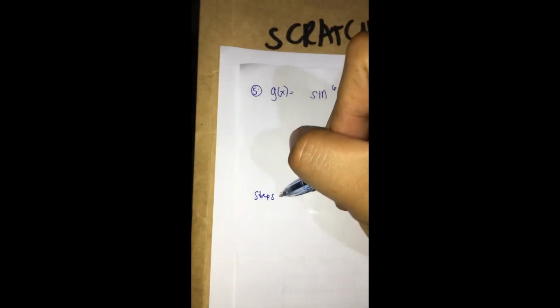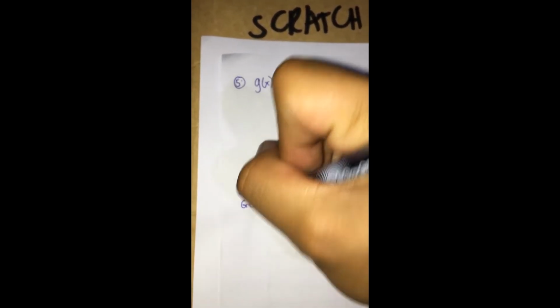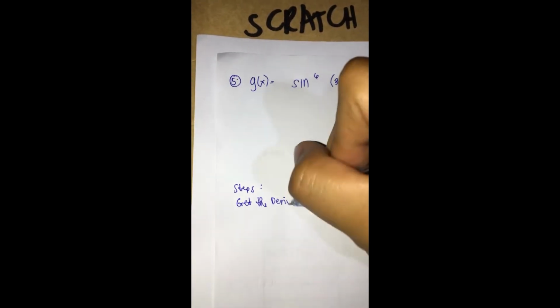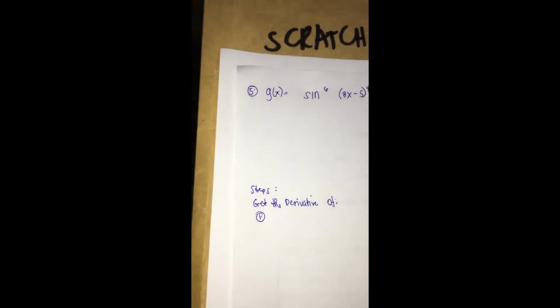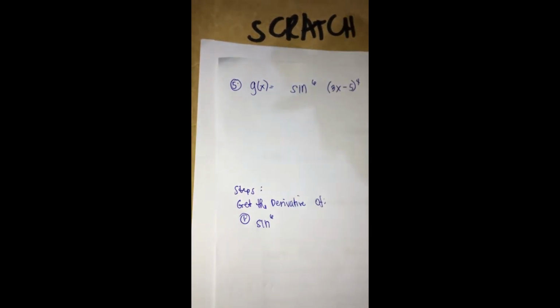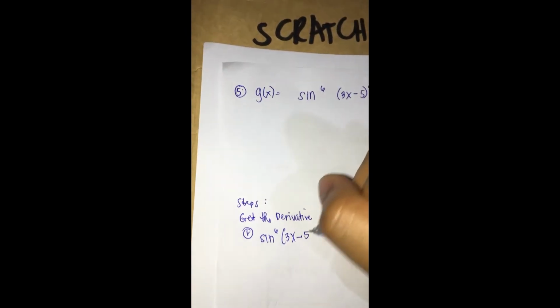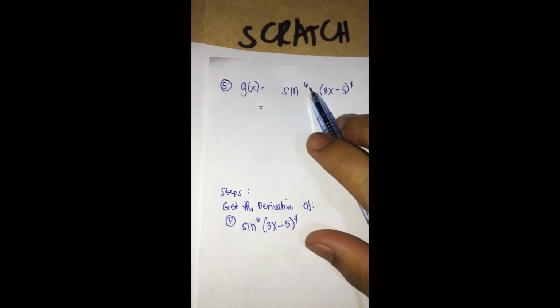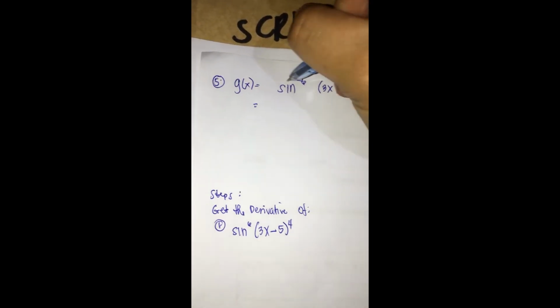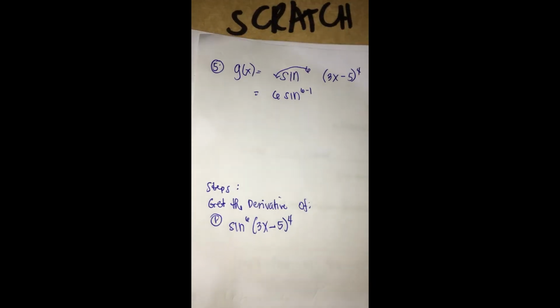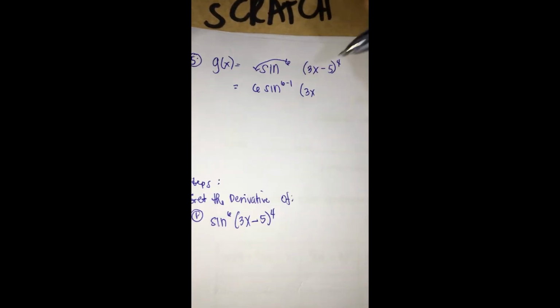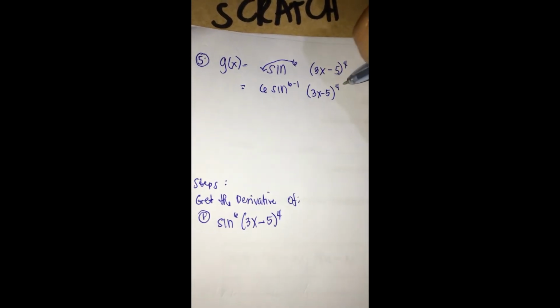So, steps. Get the derivative of sine to the 6th of 3x minus 5 raised to 4. So applying power rule, you're going to get the derivative of sine to the 6. This is the 6, applying the power rule. So 6 sine to the 6 minus 1. Copy the base. Times